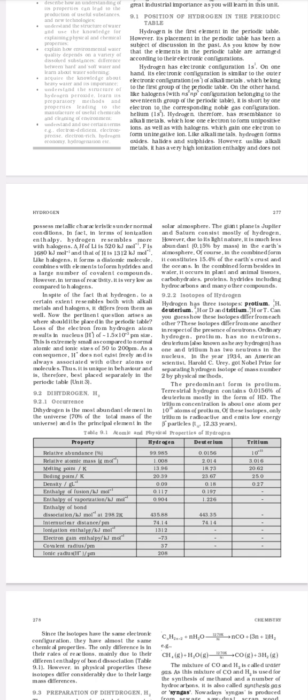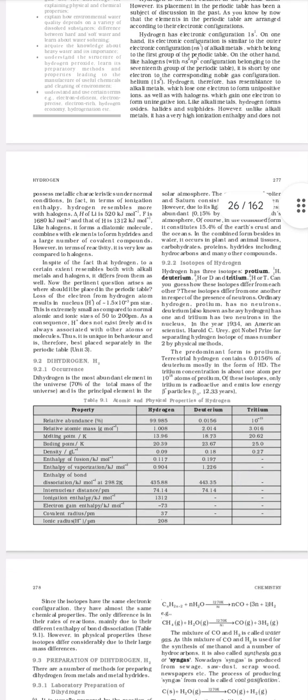Now dihydrogen occurrence. Dihydrogen is the most abundant element in the universe. 70% of total mass of the universe is dihydrogen and it is the principal element in the solar atmosphere. The giant planets Jupiter and Saturn consist mostly of hydrogen. However, due to its light nature, it is much less abundant, 0.15% by mass, in the Earth's atmosphere. Of course, in the combined form, it constitutes 15.4% of the Earth's crust and the oceans. In the combined form, besides in water, it occurs in plants and animal tissues, carbohydrates, proteins, hydrates, including hydrocarbons, and